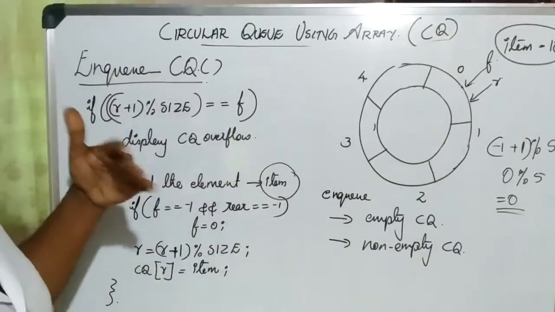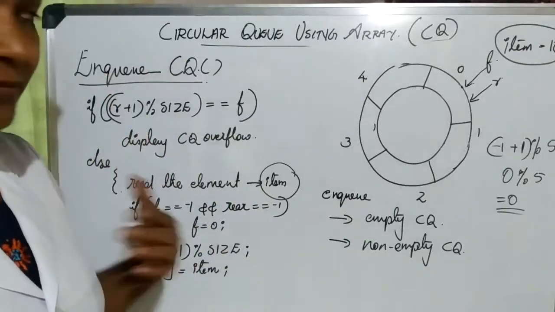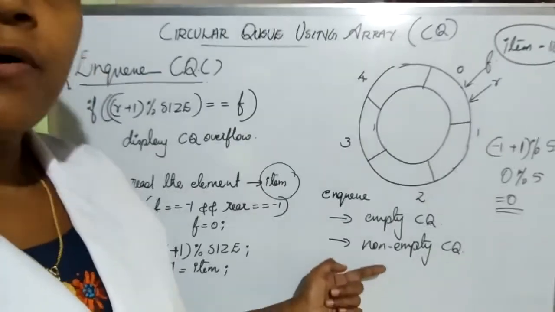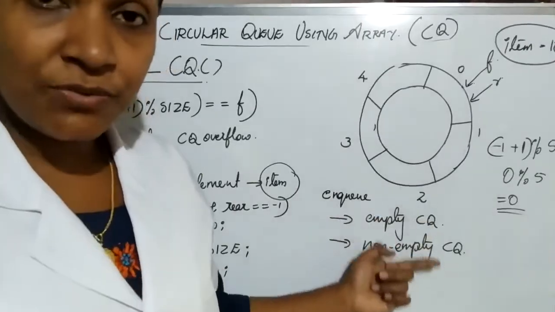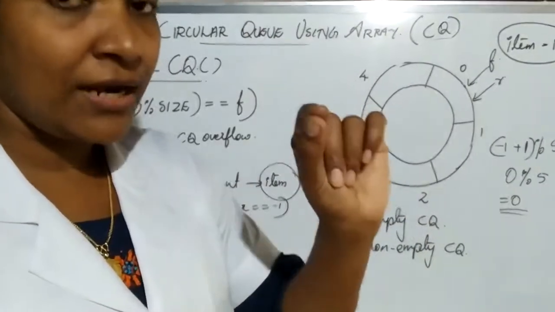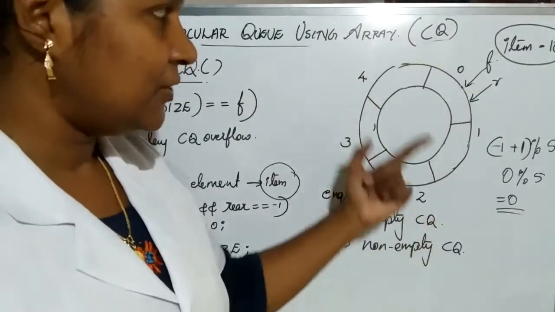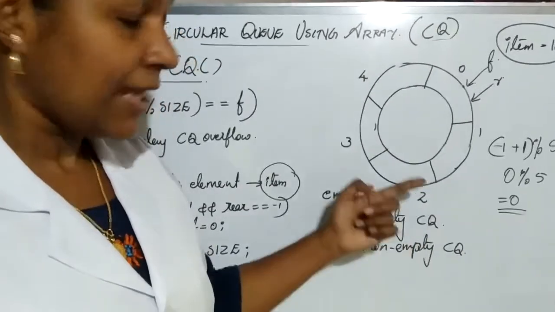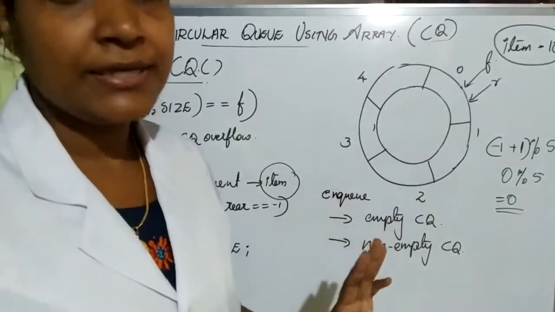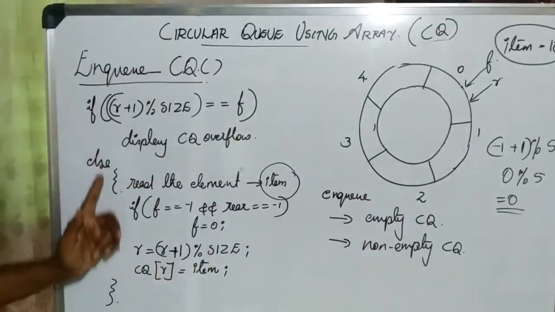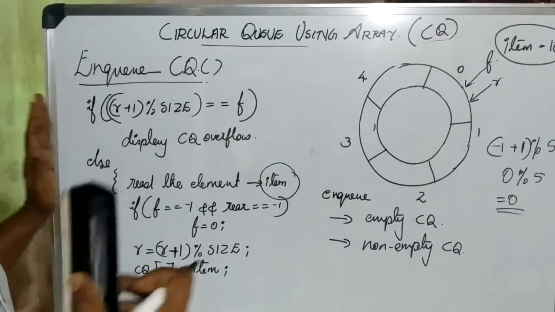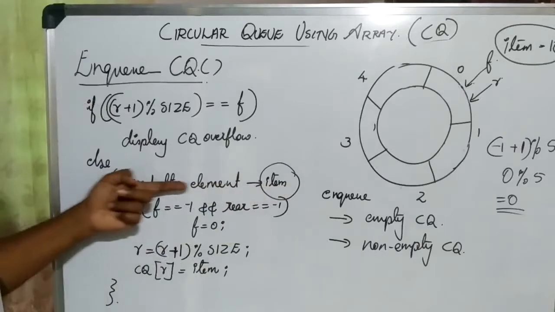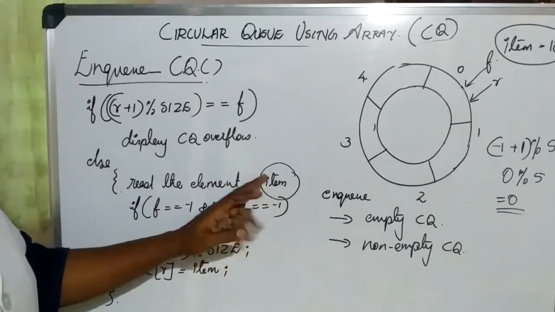If NQ is possible, then we need to consider two cases: whether we are performing this NQ operation on an empty circular queue or a non-empty circular queue. Why are we taking these two cases? The operation of incrementing front is different for these two cases. We need to increment the value of front only in the case of an empty circular queue, and for non-empty and empty cases, the increment of the rear pointer is the same. Once again, if NQ is possible, whether for the empty or non-empty case, we read the element and store it into a variable known as item.